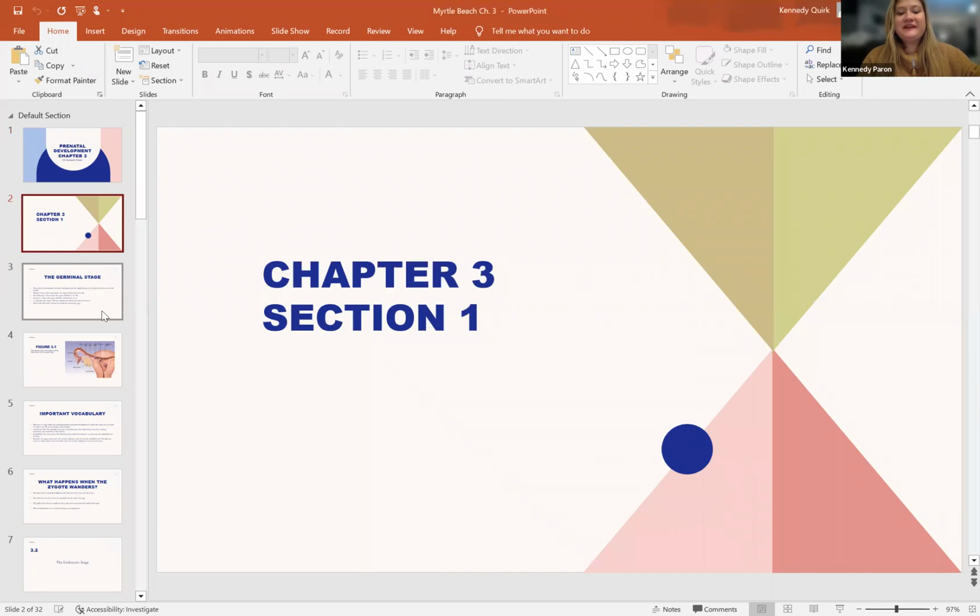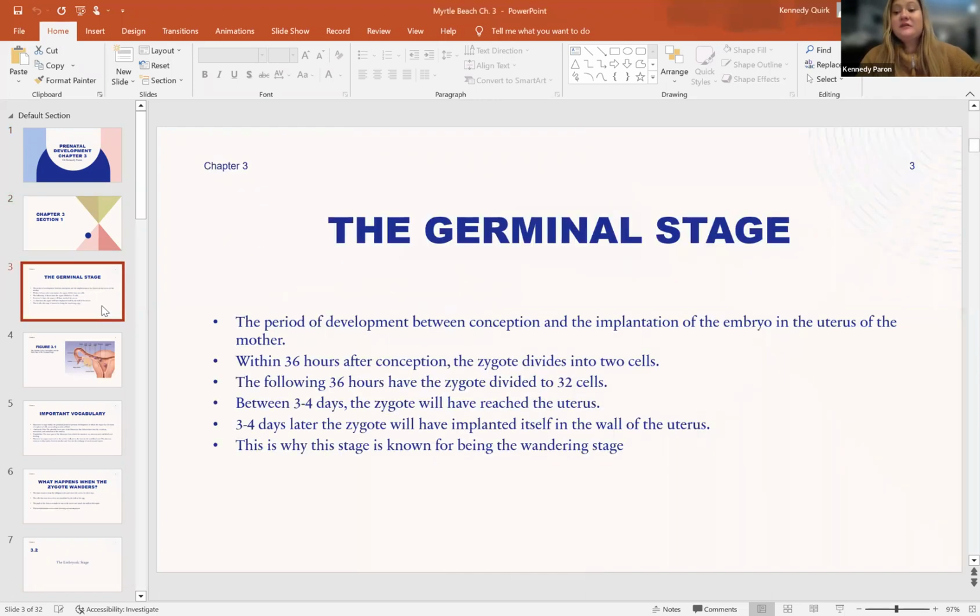We will be starting with Section 1 of Chapter 3. We're going to begin by talking about the germinal stage. This is also known as the wandering stage because the zygote will wander to the uterus and attach itself. So the period of development between conception and implantation of the embryo in the uterus of the mother is called